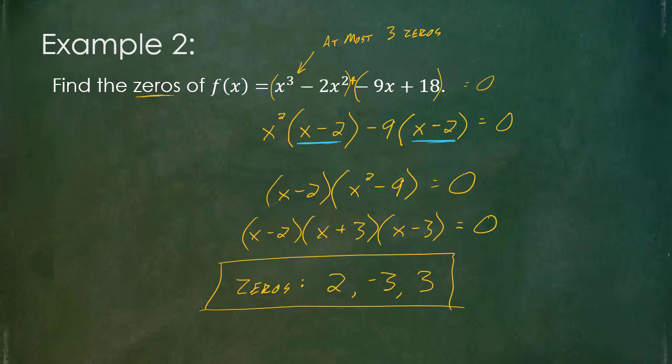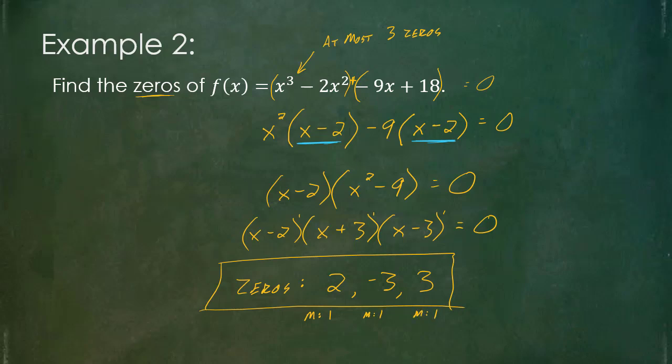Now did any of those zeros repeat? In other words, were there any multiplicities? Well, technically, yes, there are multiplicities. They just all happen to be multiplicities of 1. So if I actually had a problem that asked for what is the multiplicity of each of these, I would just say, well, each multiplicity is 1,